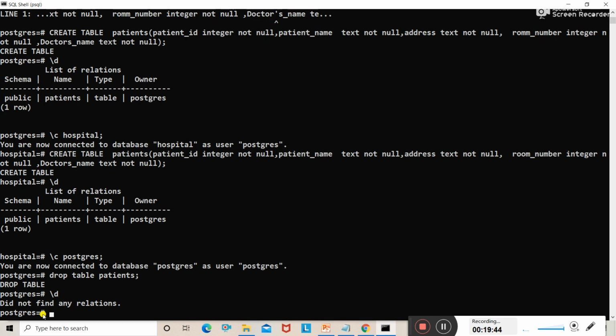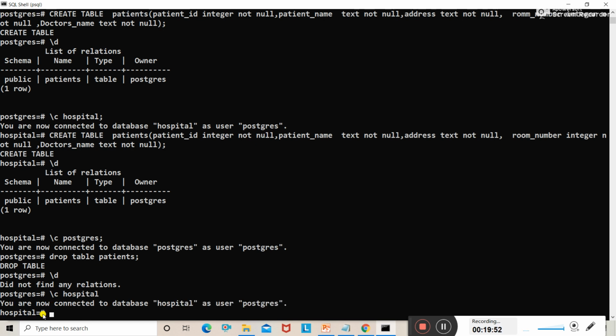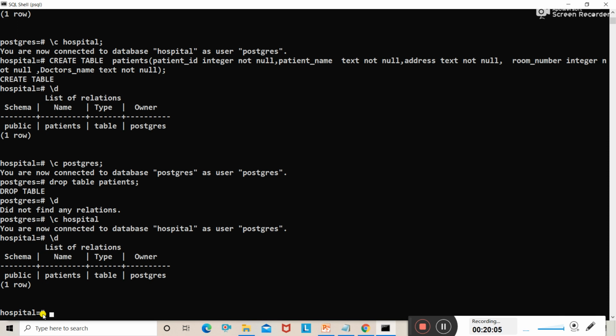Now again we will connect with the database hospital. You are now connected to the hospital as user postgres. Now in this we are going to check the list of tables, whether the table is here or not. Yes, the table which we have created in hospital is still here.